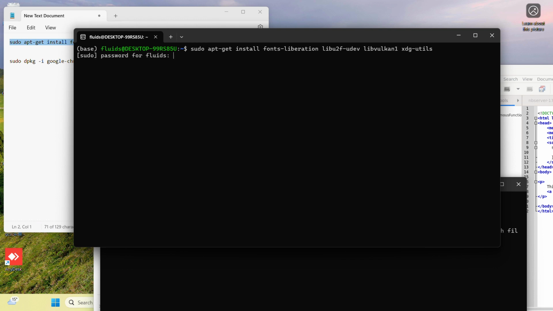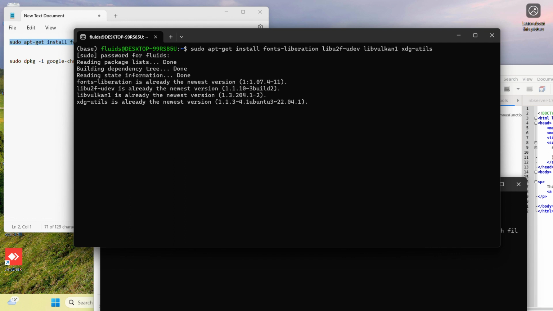First I will install them, and the next step is to download the software from Google Chrome